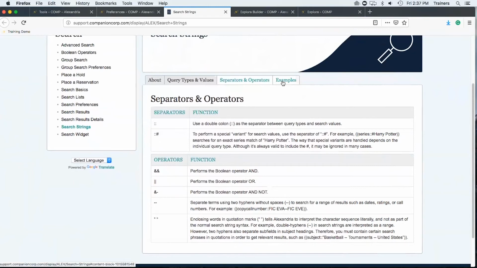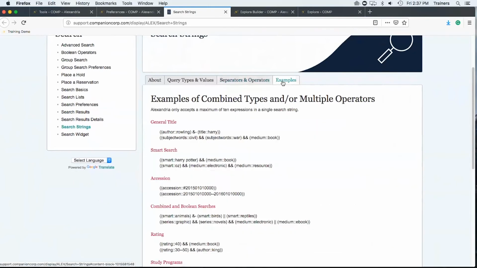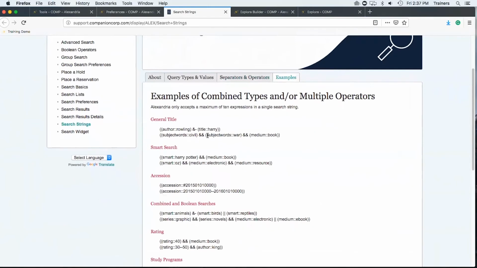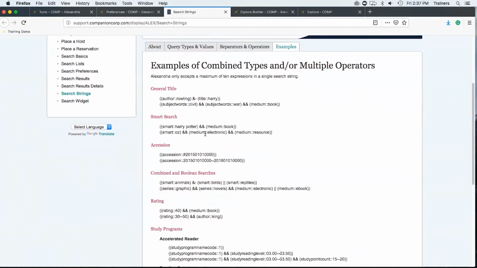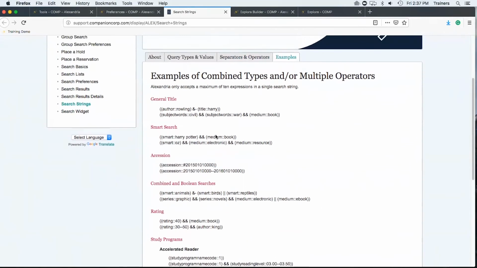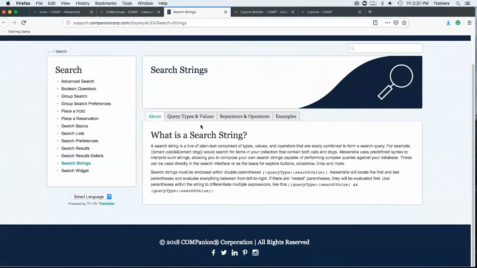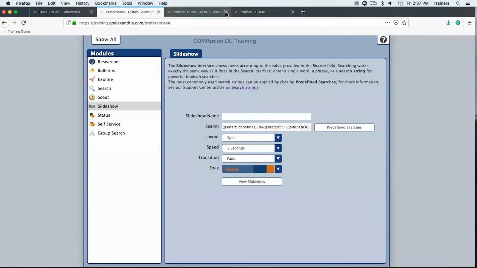I'm sure you're already seeing the power and the implications of all this. And then also examples that you can probably use and mirror for your own to kind of help you get a little bit more going. Now, we know search strings are a little odd, and it looks a little bit like lines of code, but they're so powerful, and we felt that it was one of the best ways to present your capabilities to do searching in your collection. And of course, it's important to remember, they're not patron-facing, so you're not requiring your students or anybody to do this, but you have the capability to enhance buttons, slideshows, and all that with those search